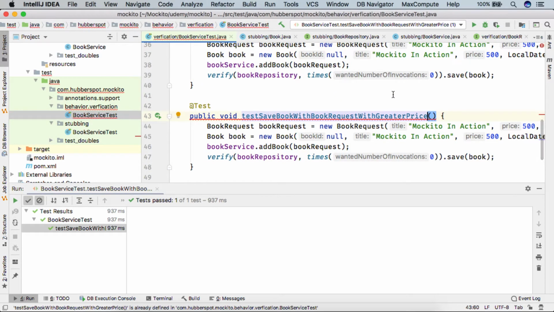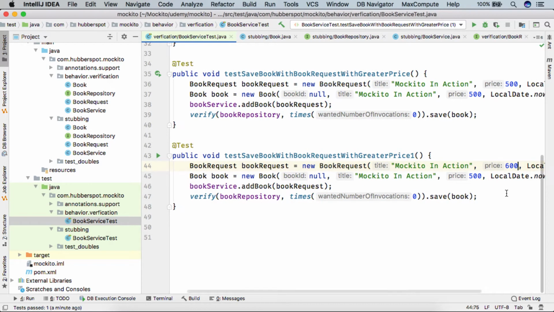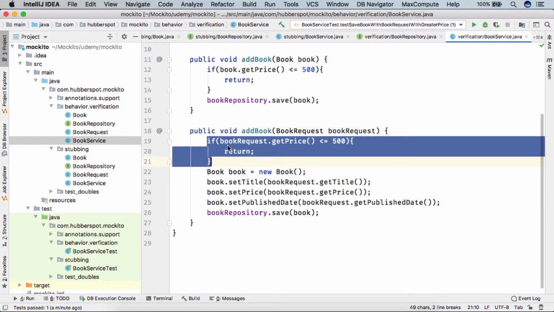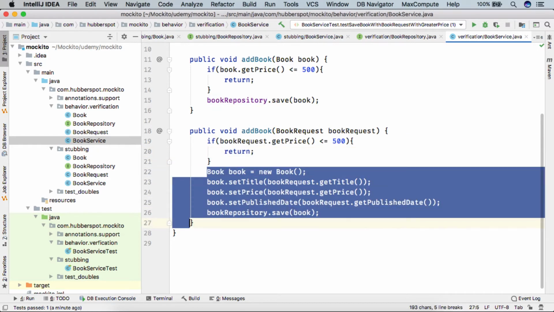Let's say I give the name as 1, and let's say I give the price of the book to be 600. So friends, now you can see that as the price of the book we passed to our book request is 600, we won't be returning from this method from here. This part of code will be executed.